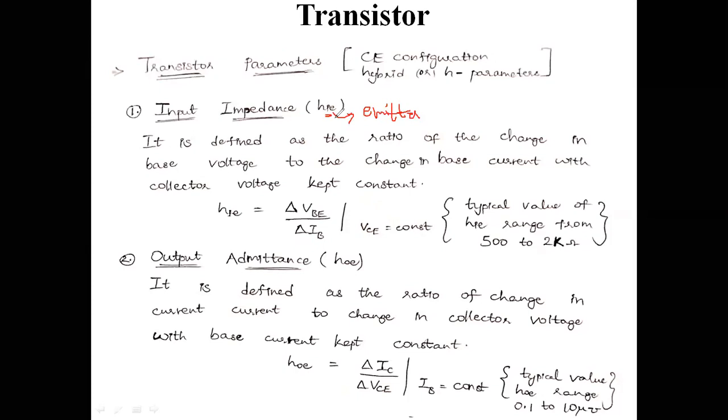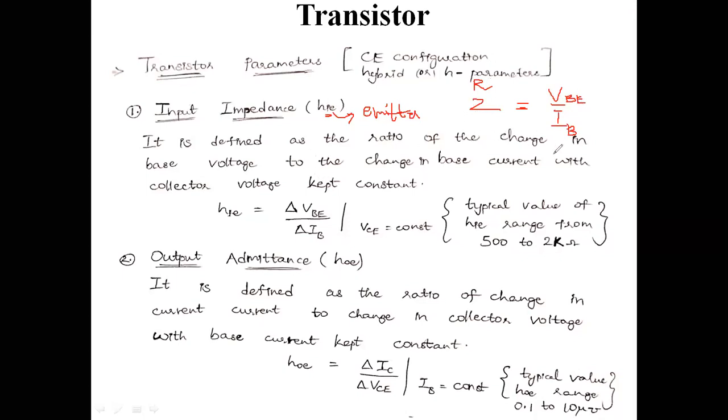It is written as HIE here. Input impedance HIE is defined as the input impedance, Z, let it be R, is equal to V by I. That means it is input. What is the input side? Base side. Input is the base side, and this is also base. The common terminal voltage is common between base and emitter. In this way we can easily find the input impedance.